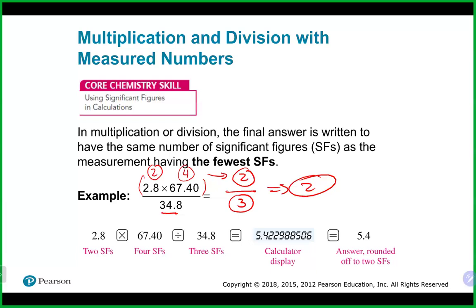Once again, we can see on the calculator, that's going to take us to the 4. The next number is a 2, so we'll just drop the rest of those numbers, and that is the proper